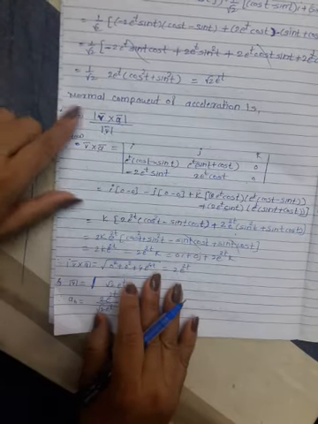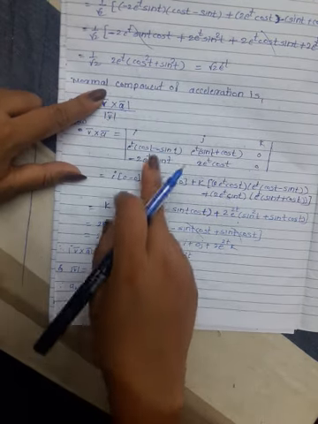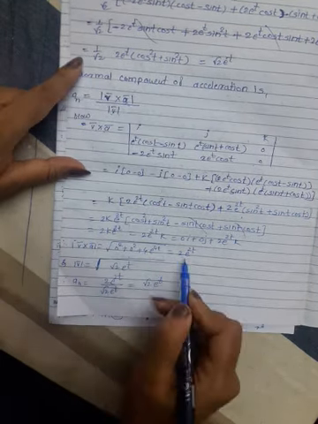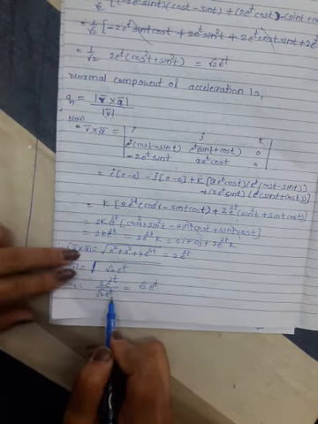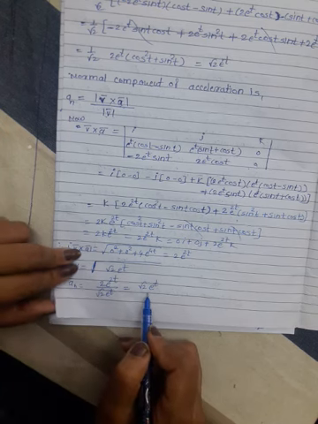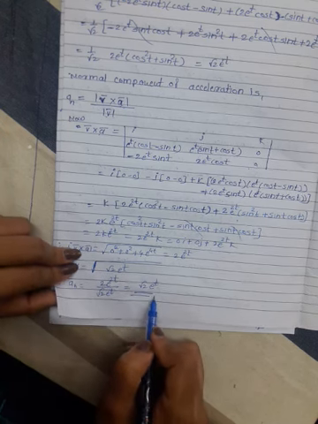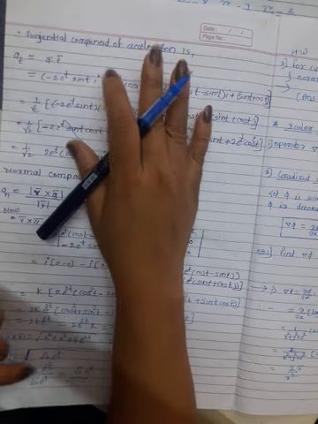Now the normal component of acceleration a_n is this numerator, 2 e raised to 2t, divided by the mod of v bar, root 2 e raised to t. Root 2 gets cancelled, one root 2 remains, and e raised to 2t over e raised to t leaves e raised to t. The final answer is this. Okay, this is called the normal component of acceleration. This is called the tangential component of acceleration.